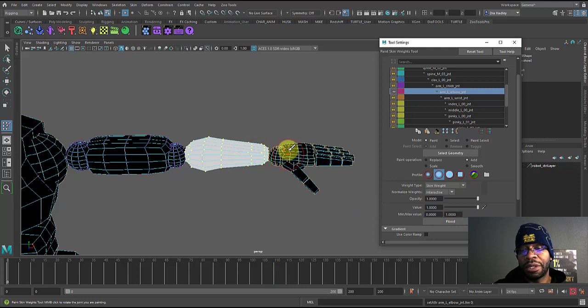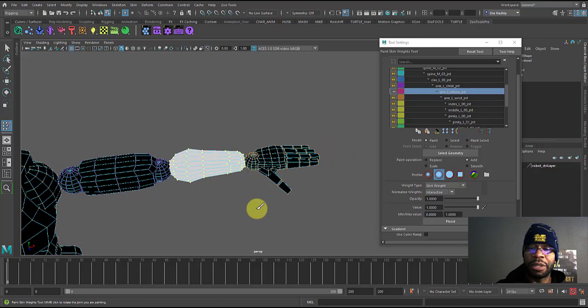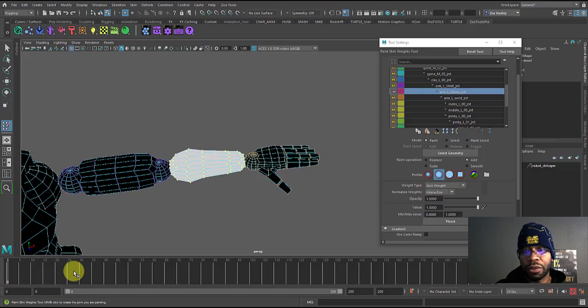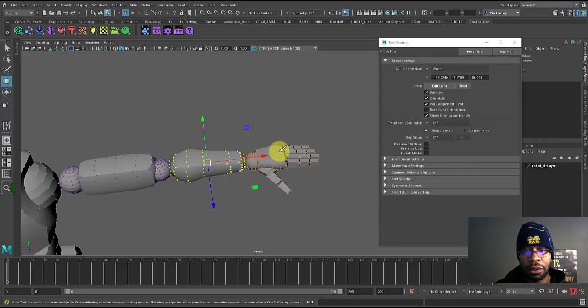Now I want to do the same thing with this portion, and just for demonstration purposes, I'm just going to select the whole hand, so the whole wrist you can sort of see move, because right now you've got your arm, your elbow, shoulder, all that's moving. So I'm going to get out of there,